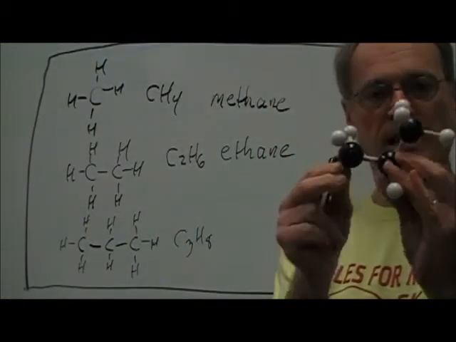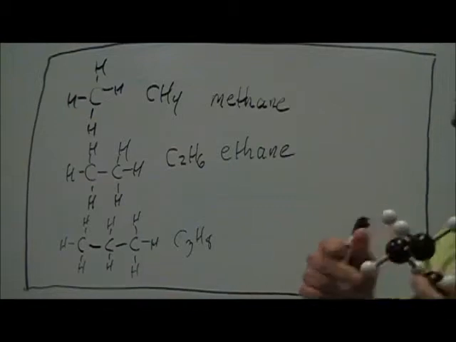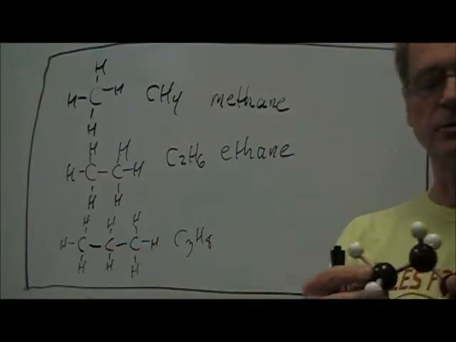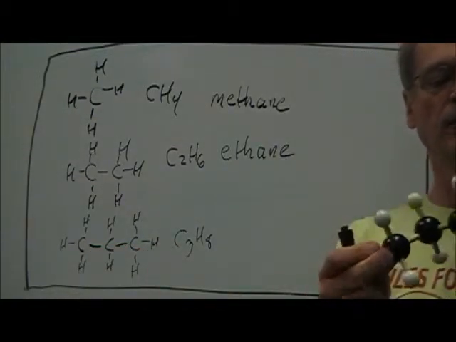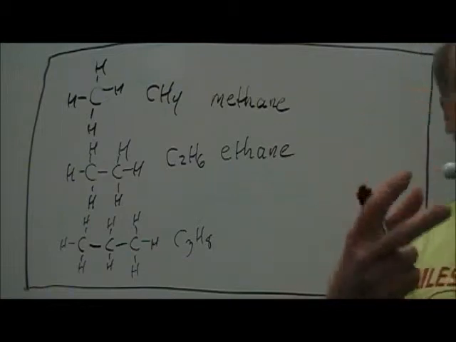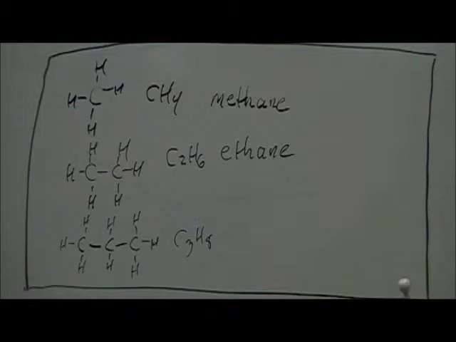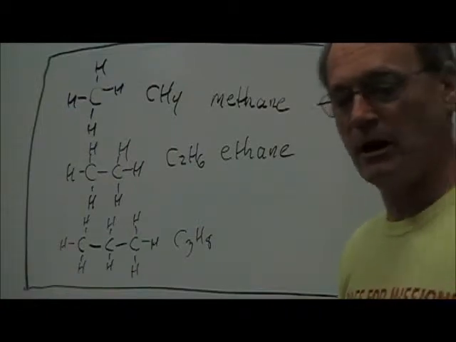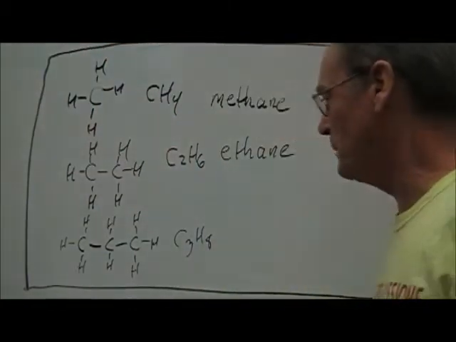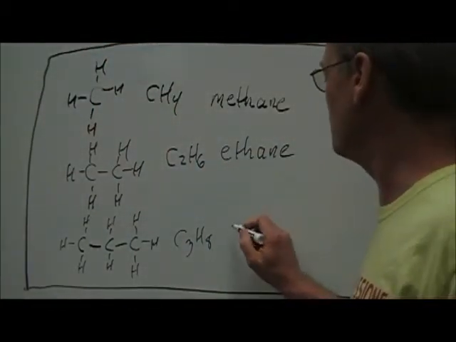And by the way, that also can be shown in a model. Notice that it has to be bent, can't actually be straight across as the Lewis dot structure suggests, but it does in fact have 3 hydrogens on this one, 2 hydrogens on this one, 3 hydrogens on this one, for a total of 8 hydrogens. That also turns out to be a real compound, and there is a compound that has a formula C3H8. It's called propane,